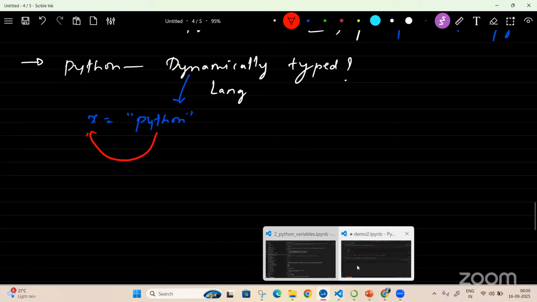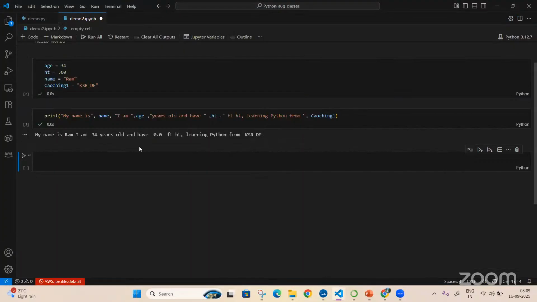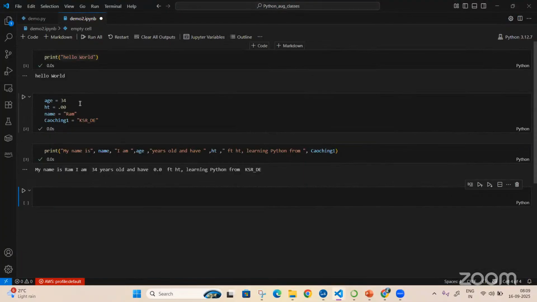We'll continue from yesterday's class, where we assigned a few variables and printed our variable in a dynamic way. We'll try to analyze a few more things. Also I explained the back-end working of your variable, how it works. Can anyone explain quickly?